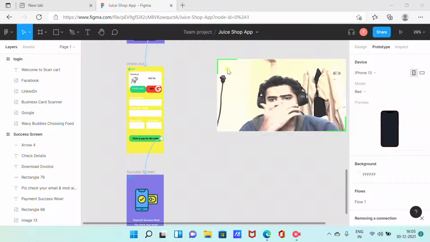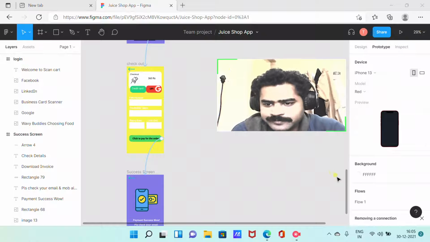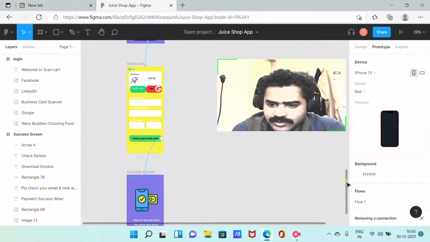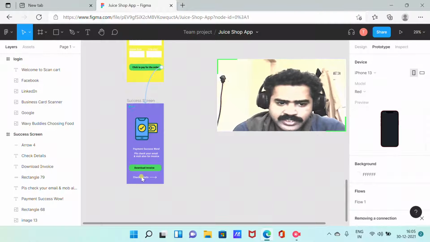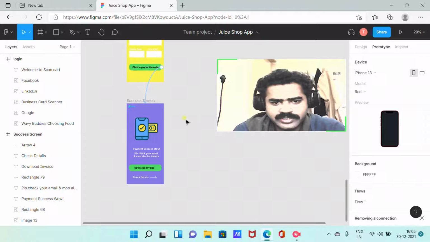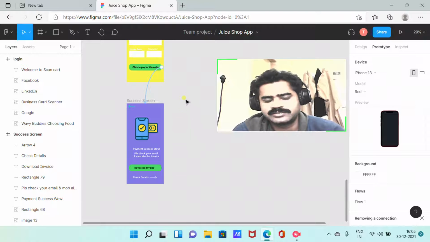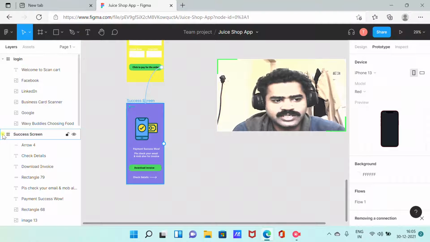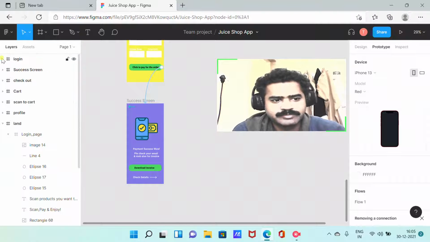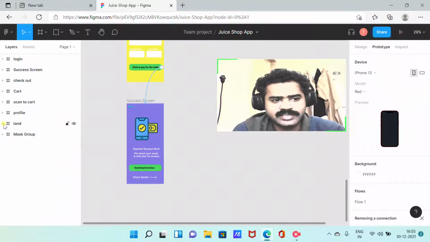Payment success screen, there is a connection. Okay, if you want to go to the details, if you want to download an invoice, you can design a separate page here, a parallel page, and say download invoice, some text field you can show from there. Okay, so this is regarding the prototype part of it. This I am doing for individual frames, unlike yesterday's